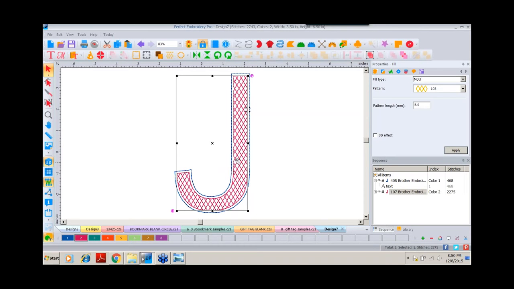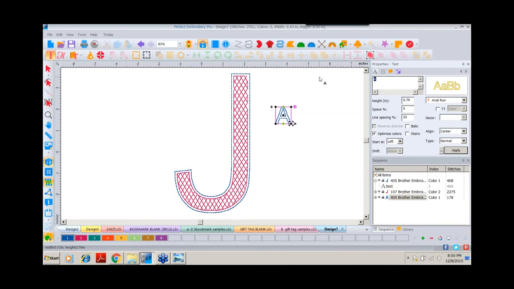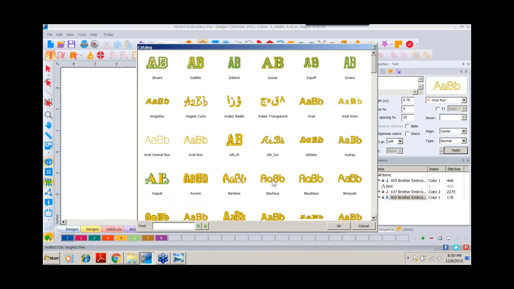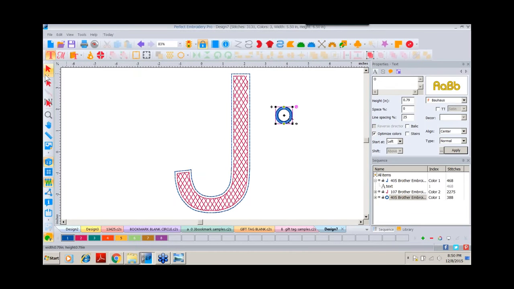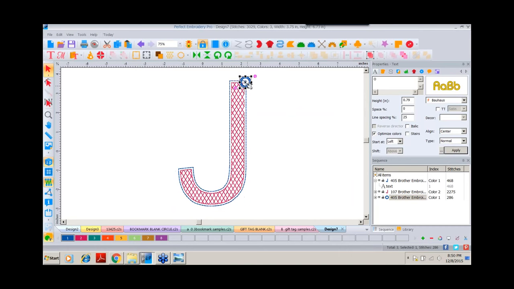And the final thing I need to do for this giant letter is I need some kind of hole to allow me to attach this to my package. And what is a hole but the letter O? So I'll type in a capital O, go into my fonts, and I know that I like the Bauhaus O very well. It works well for my situations such as this. I've done this before with holes. So we'll size that down just a little bit, and we will place it over our letter J so that it stitches out last, and then I can cut inside that and have it be the hole, allowing me to pass